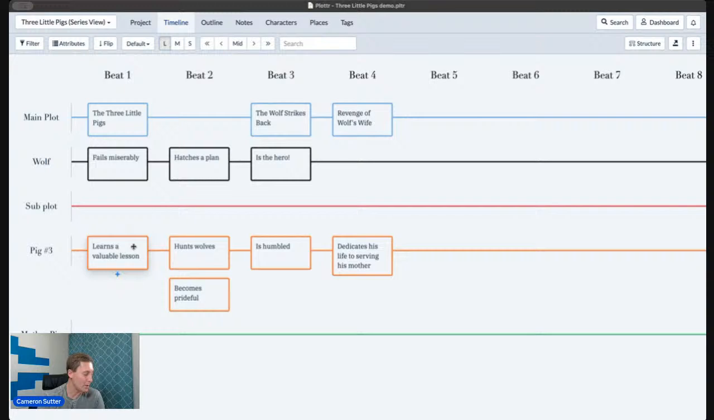So then between book 1 and book 2, pig 3 starts hunting wolves. That's like his job. He starts hunting them down, saving people from other wolves. And because of that, he becomes a little prideful. He thinks too much of himself, that he can beat any wolf out there. And the wolf hatches a plan. He is the original wolf, and he's the alpha wolf maybe or something. And he realizes